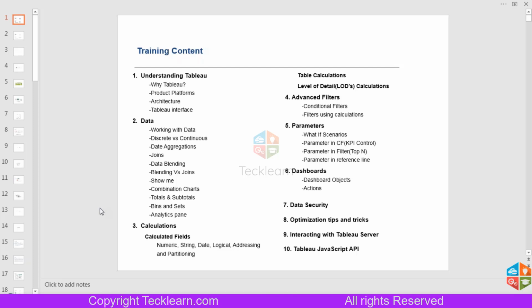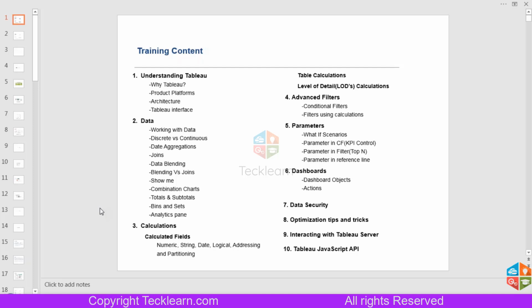So till now, we have seen how we can add filters, how we can add calculations, how we can understand data, and the product families and everything about Tableau. There are some advantages and there are disadvantages with some of the topics. There are disadvantages with the filters, and there are disadvantages with the calculated field. Those we are going to recover with the help of parameters. Parameters help a developer add dynamic behavior inside the canvas. Those we are going to see over there.